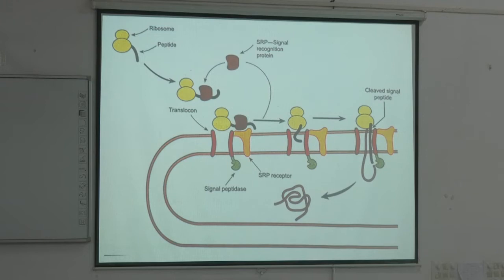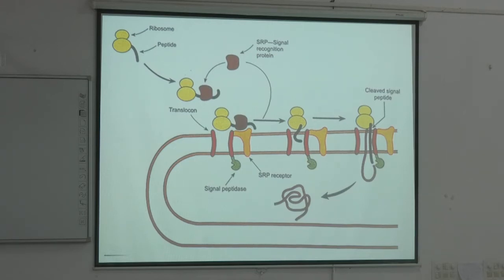It binds to the SRP receptor. Very good. Then after it binds to the SRP receptor, what does it form? That is called the SRP complex. Very good. Now you tell, that SRP receptor is a protein. What kind of protein? It is an integral membrane protein.